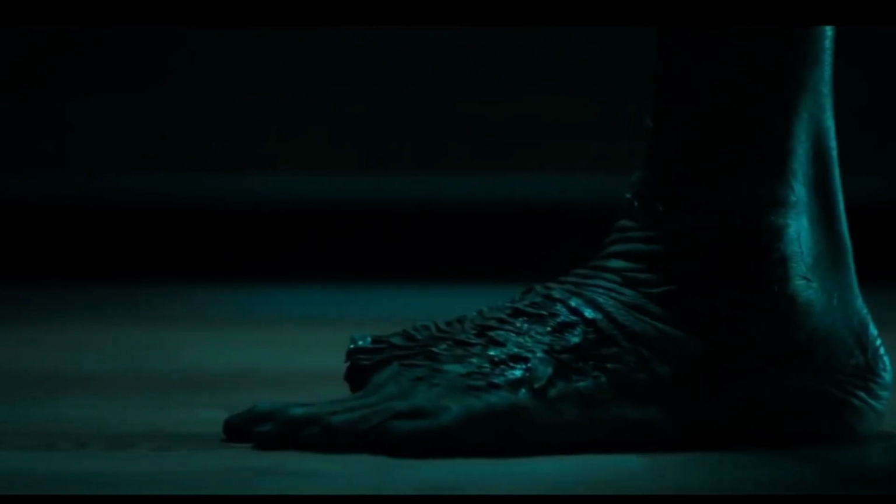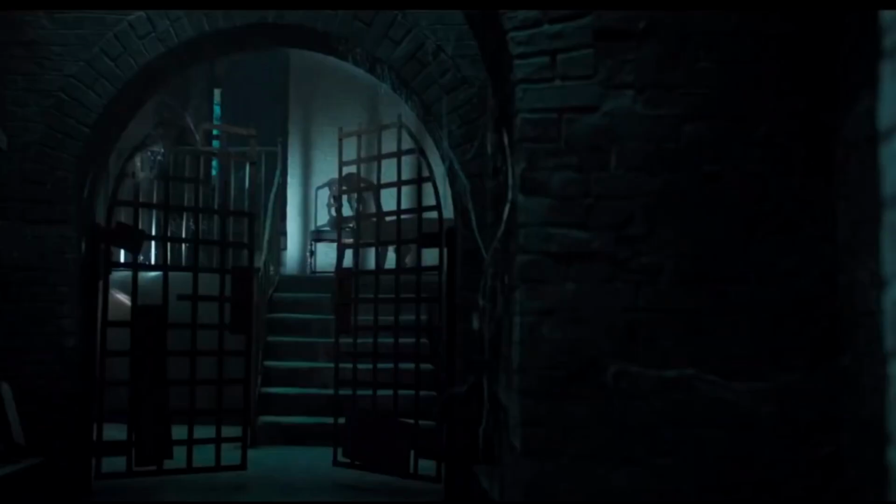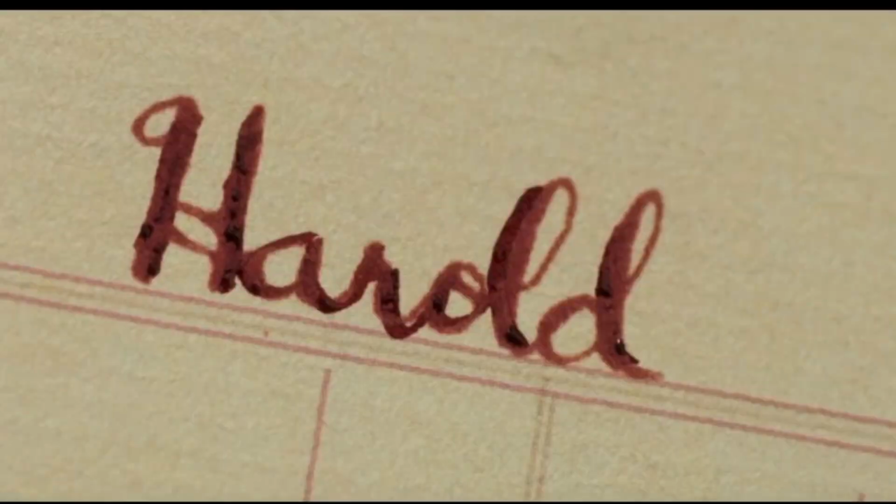Which brings me to the main issue that I had with the film, is that there's not enough of the original content from the book in the film. And there's so much rich, disturbing content that they could have chosen from. In the first original book alone, there's 29 different stories, and so for them to only use 4 of them in an hour and 47-minute movie, that's just disappointing. But I do have to say, the times that they did utilize that content, it was translated so well onto film. But the rest of the plot just felt like a really unnecessary stretch to attempt to connect those different